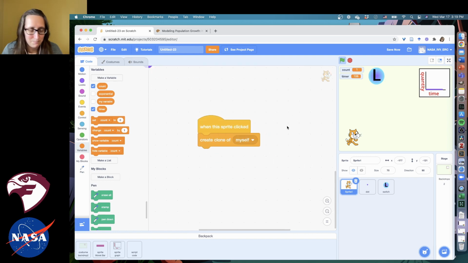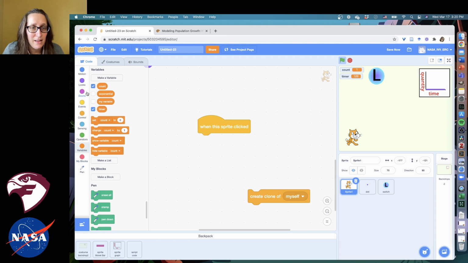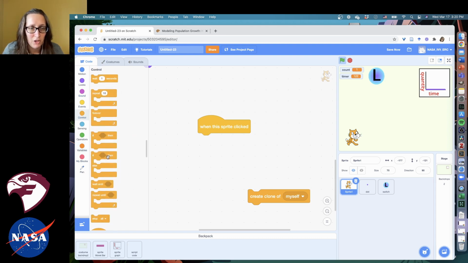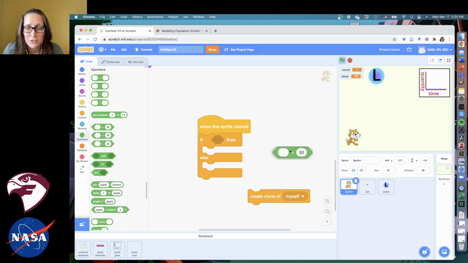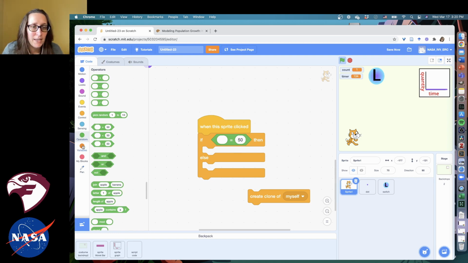So let's dig in. I need to check to see if I'm in linear or exponential mode, because the cat's going to have different behavior in linear or exponential mode. So I'm going to pull this apart for just now, and I'm going to bring in an if-then-else command from the control menu. If, again, I'm going to go to my operators, because this is how I'm going to check for my variable, and I'm going to pull in this equals one, and I'm going to check it against